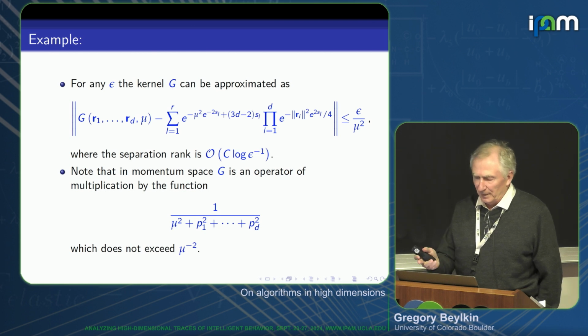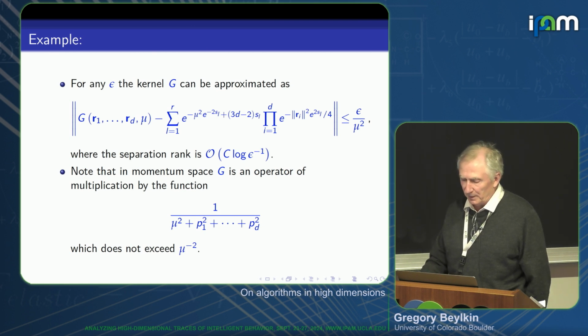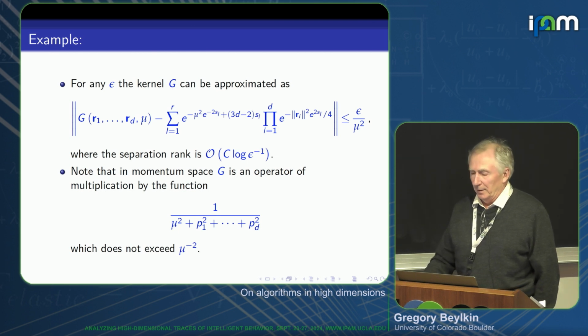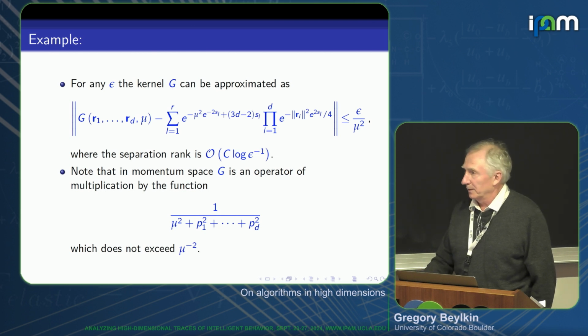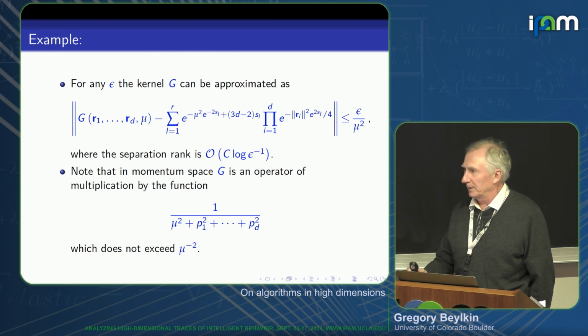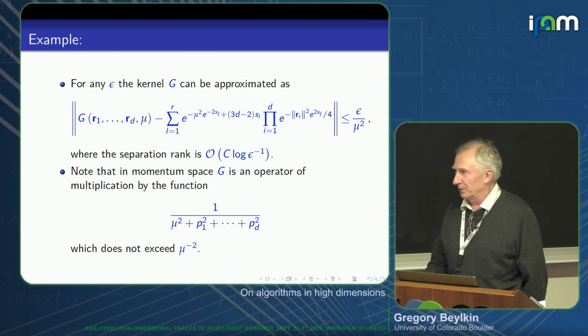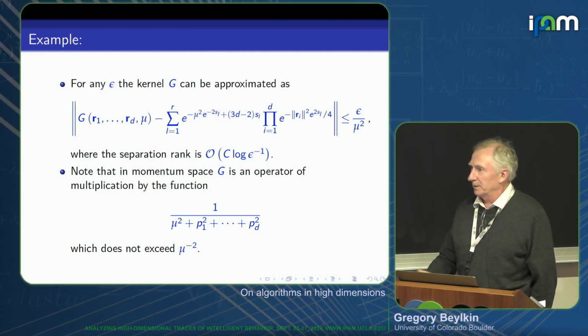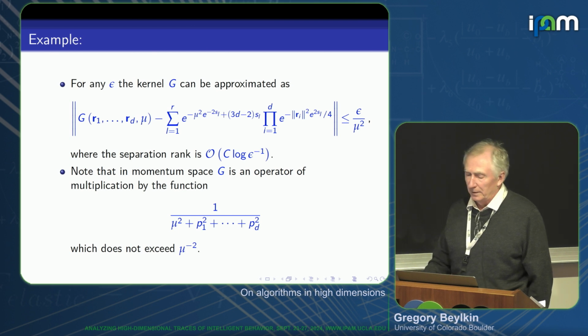Now, I don't remember numbers for this particular operator, but for the inverse Laplacian, which is singular, so the norm will be a relative norm, it will be a different norm. For the inverse Laplacian, if you want to go from 10 to the minus 15 in distance to 10 to the 15, which is 10 to the 30, the size of the universe, you need only 1,000 terms with accuracy of 10 digits. So these are very, very efficient representations, and they play a very fundamental role in computational quantum chemistry these days.